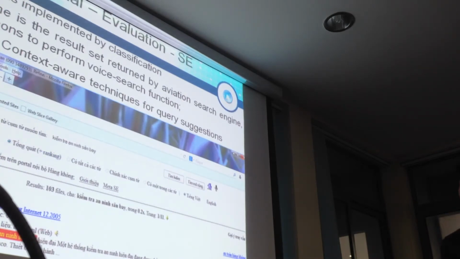And the fourth section is some experimental. Firstly, it's about the search engines. The result of the context-aware technique applied for this research is the context-aware search engine. In this search engine, along with the results, the system will analyze by the context-aware technique to suggest future queries that may be related by the user.